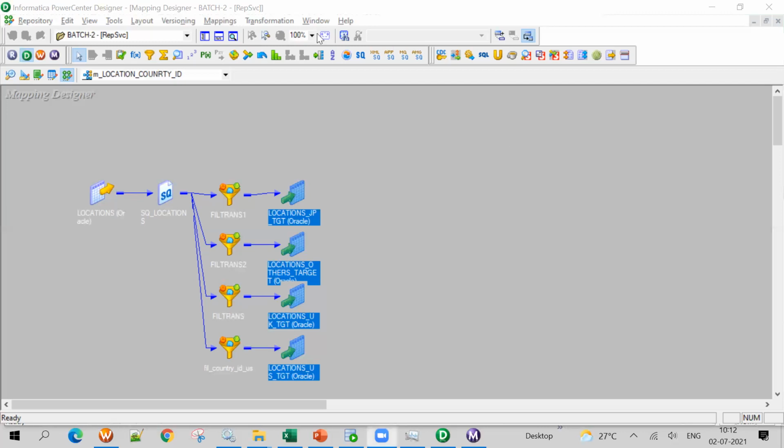Yeah, Priyanka, you are saying something. Tell me. We use router in this. I will tell about that. Okay, router. No, because I have done this mapping and I thought something is different in this mapping. Fine, no problem.